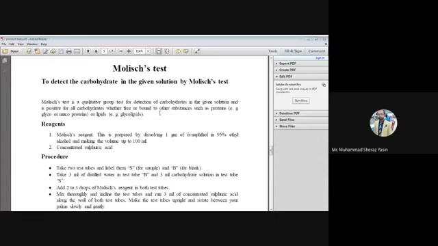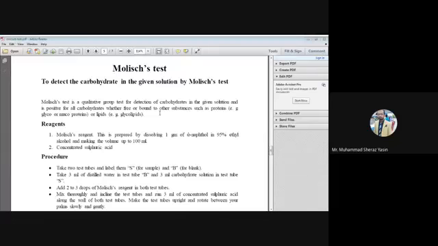Overall volume, including 1 gram of alpha naphthol and the ethyl alcohol, should be 100 ml. It should not be more than 100 ml. This is how you can prepare the Molish reagent in the lab. You will take 1 gram and add 60 to 90 ml of ethyl alcohol and dissolve it properly. Then add more ethyl alcohol in this solution and take the volume up to 100 ml. And remember, the ethyl alcohol which you are using for this purpose should be 95% pure.